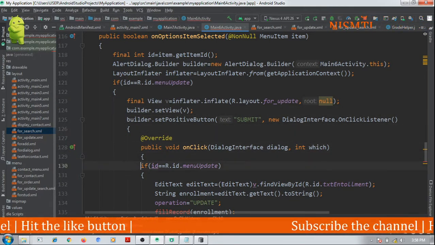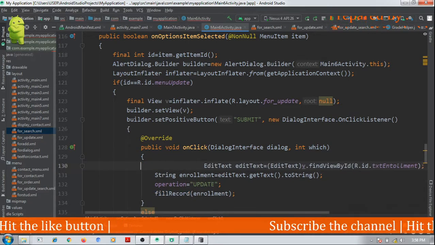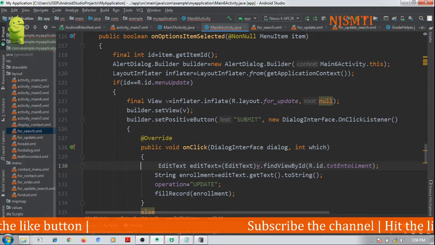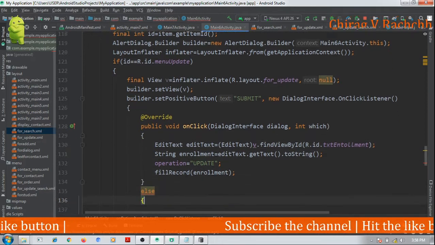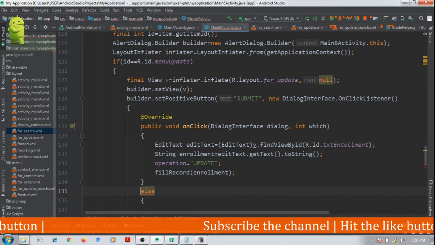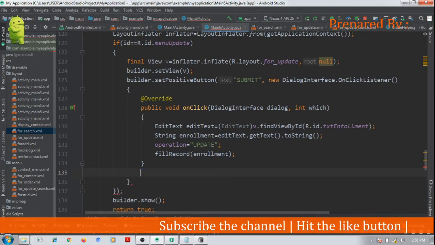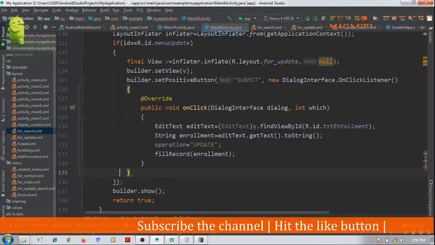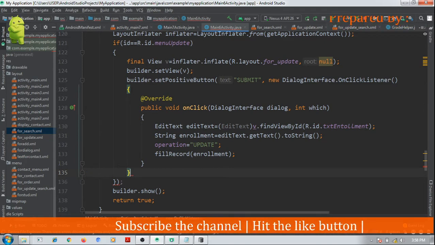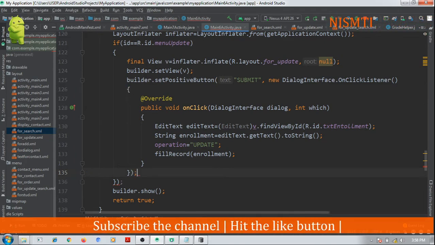So here there is no need to check the operation, because all this code is executed for update. And yeah, here bracket over, semicolon.